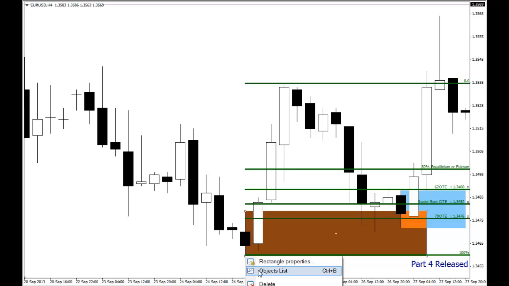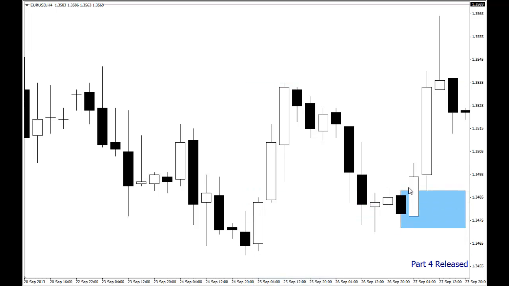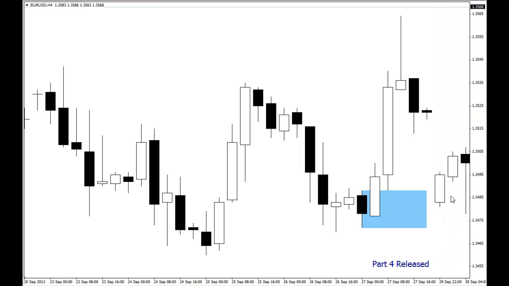But moving forward, okay, that's where we're at now. We're going to look at examples, based on the idea we shared in part 4. This was the order block that would have been staring you in the face at the time of the last release of part 4 of ICT's Scout Sniper Field Training Guide. Price comes right down. Here is the day that the video was released, and this is where,